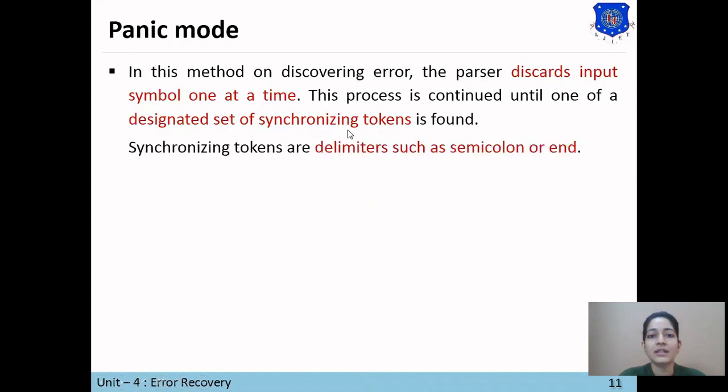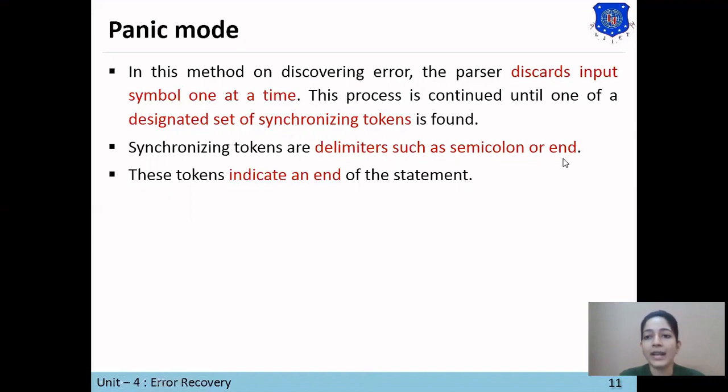A synchronizing token means a delimiter such as a semicolon or end, which denotes the end of a statement. There are some symbols used in different languages which denote the end of statements, for example, semicolon or end. So the designated set of synchronizing tokens means the pre-specified set of tokens which denote the end of a statement.